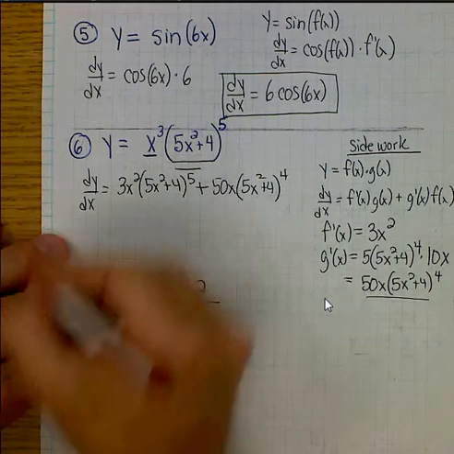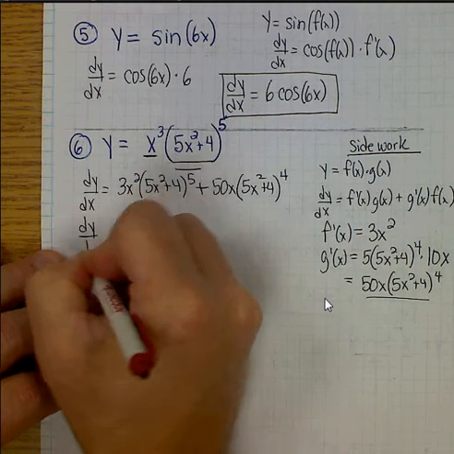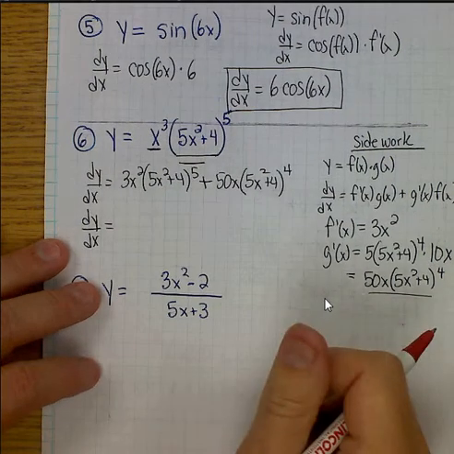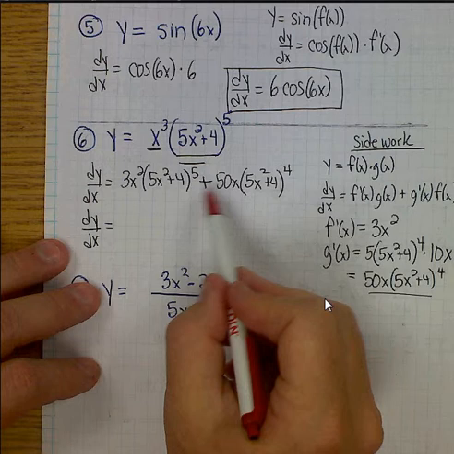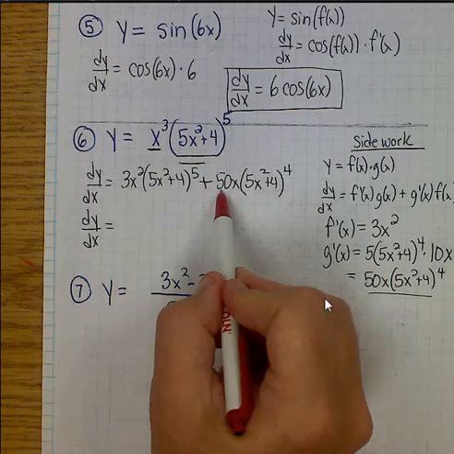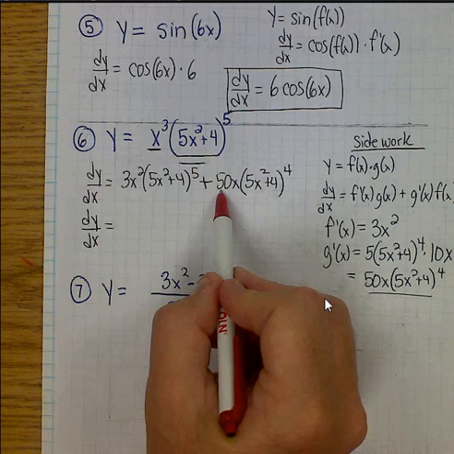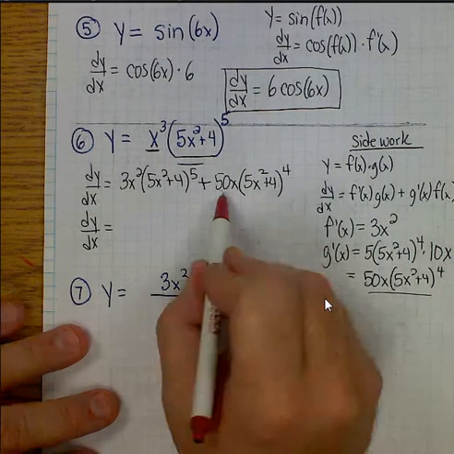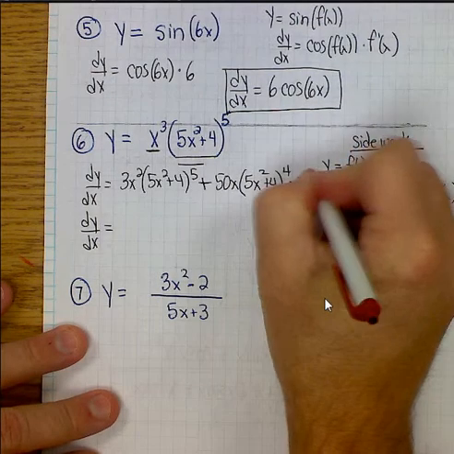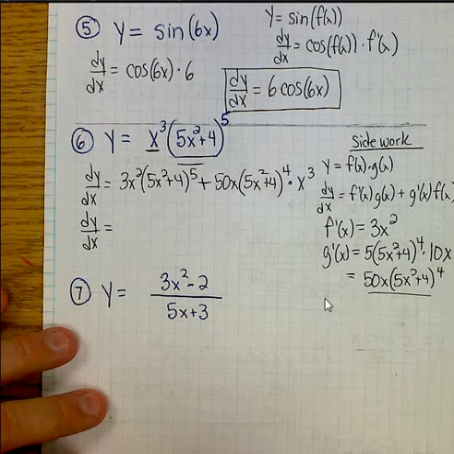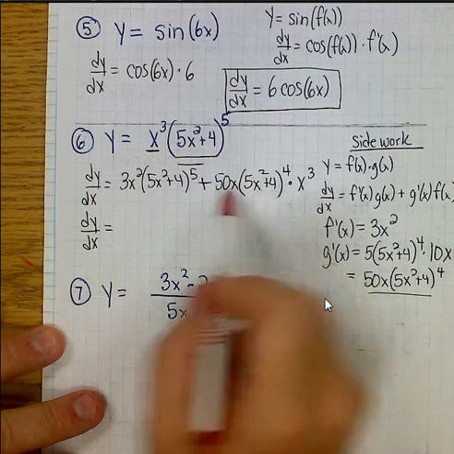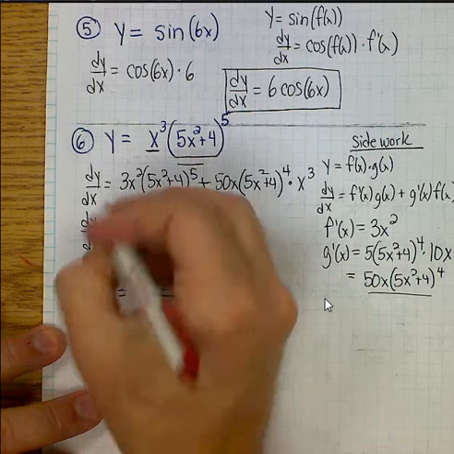Now, to simplify this, if you guys got that, I gave you half credit, and the other half of the credit was simplifying, and I need you to start trying to be able to do this. So I'm going to start taking a look at what these two terms have in common. Oops, sorry, forgot about one thing. I'm not done yet. It's the derivative of the second, and then times the first. There we go. So now, what everything has in common here is going to be 50x to the 4th, and that's going to be 3x squared. So I'm going to pull out an x squared